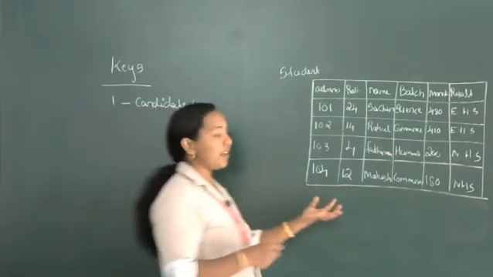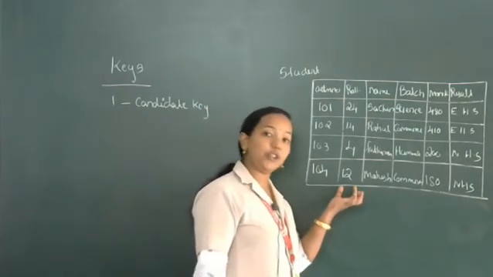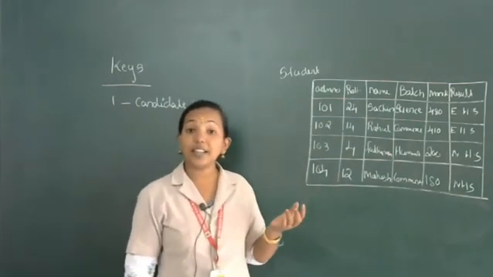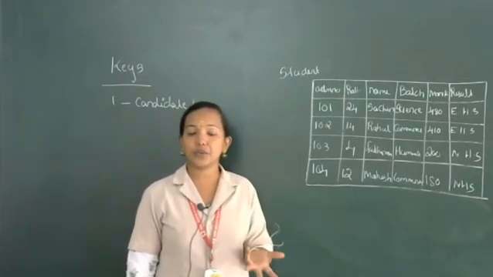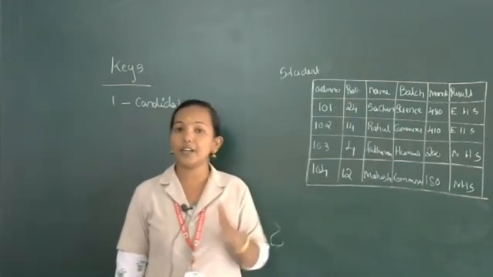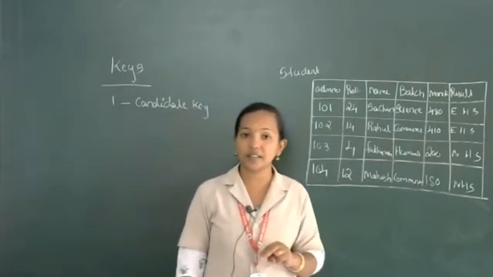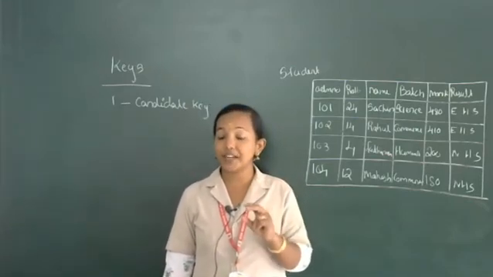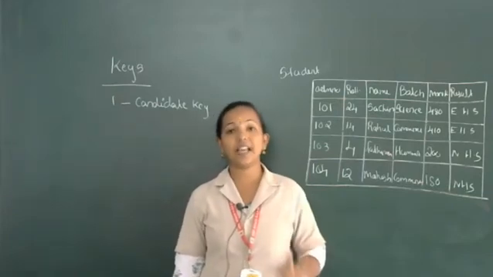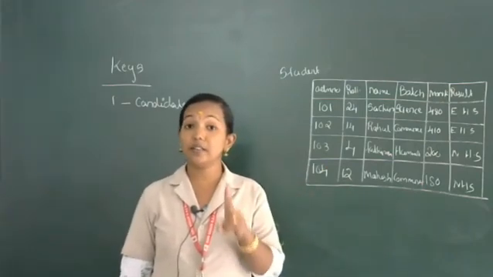Here admission number can act as a candidate key. Then we can use admission number along with roll number. Suppose you want to check your result individually, your +1 result or +2 result. Then you have to enter your roll number and also date of birth. Why are we adding these two features? Because the database treats your register number and your date of birth as the primary key. That's the reason you have to send two types of data.